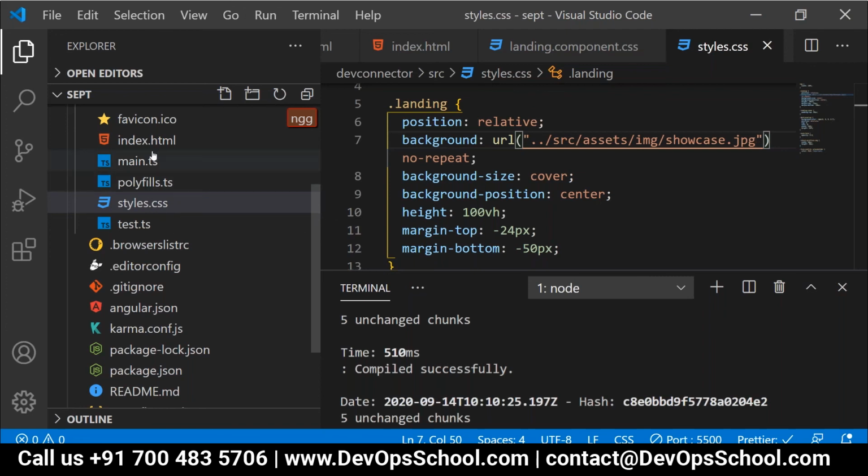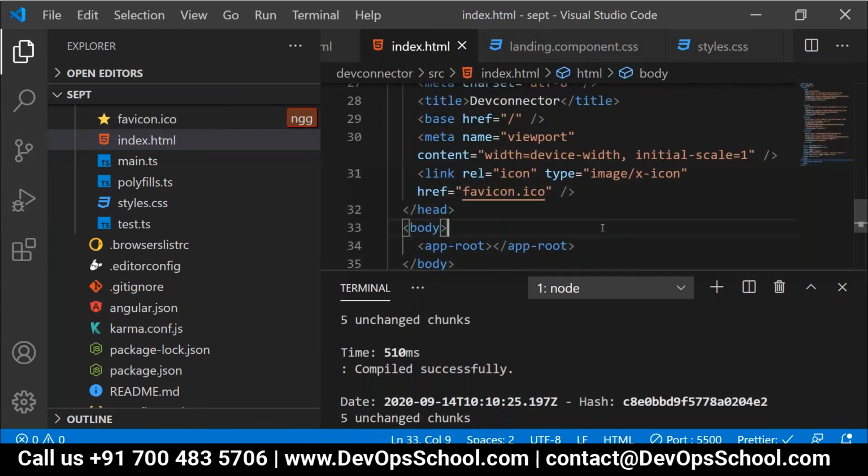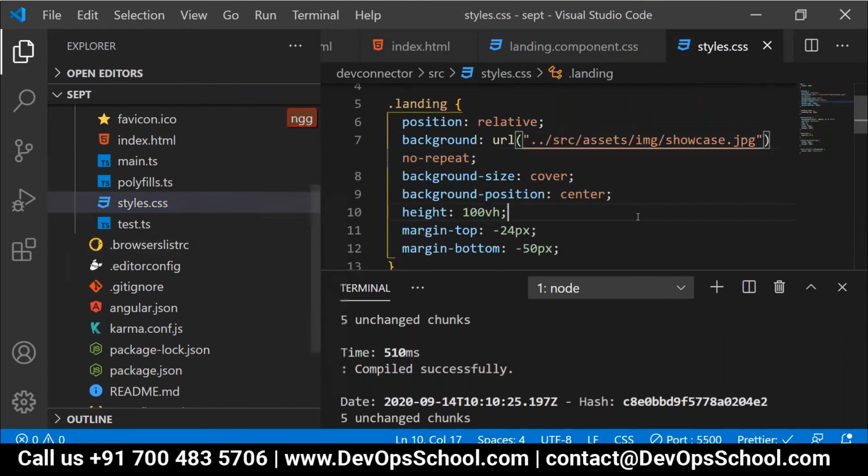Mati, think from the application perspective. Some static content, can I directly include it in my index.html or not? Yes, we can do this part, right? So there also some formatting and CSS specifications are required. And the same kind of CSS specifications are used in my application also. So instead of defining the same CSS at two places, can I define it at one place or not? You got the point. That's the reason this styles.css is referred to as global CSS. Now, did you get the point?